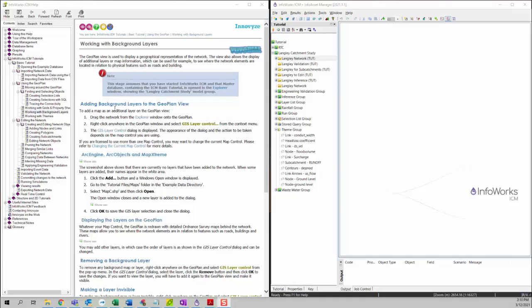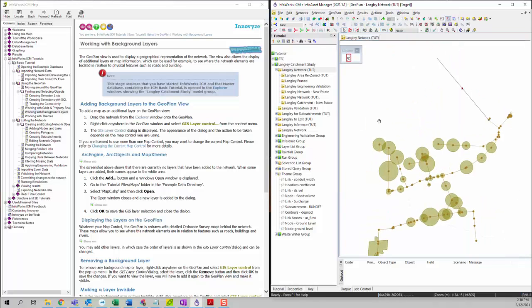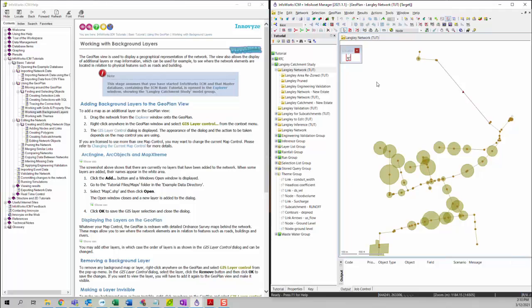Okay, first we're going to talk about how to add background layers to the GeoPlan view. First, we're going to open a network. I will use this Langley network TUT as an example. Okay, so after you open the Langley network in your GeoPlan window,